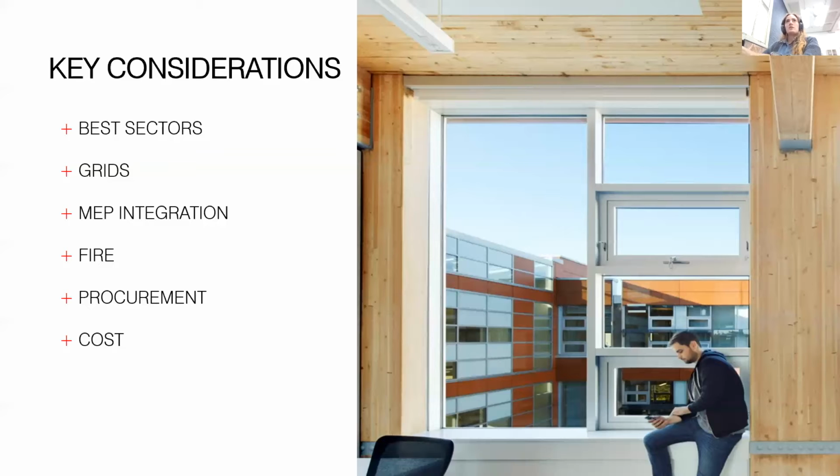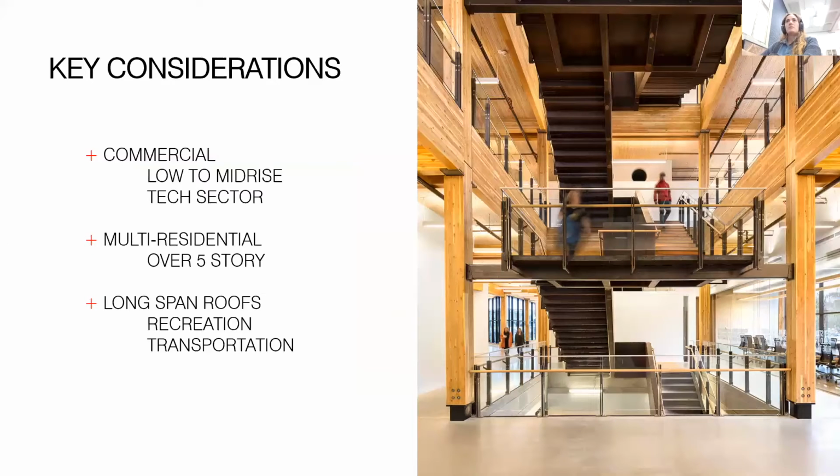So key considerations, best sectors. This loops into what I was talking about for where mass timber fits into requirements of the code. But again, commercial low to mid-rise buildings, we see this really popular in the tech sector. This is where you fit into the current stipulations of the code up to 6 stories. And then multi-residential, when you're in that sweet spot where it's a little bit too tall for light frame construction,